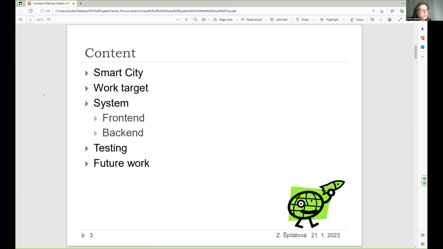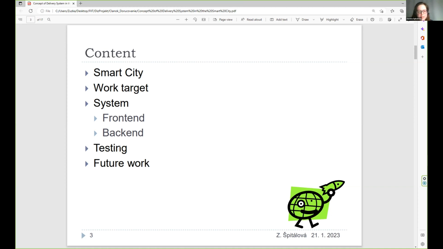Then I will talk about the target of our project. After this target, I would like to mention that our system consists of front-end and backend parts, which I will talk about.